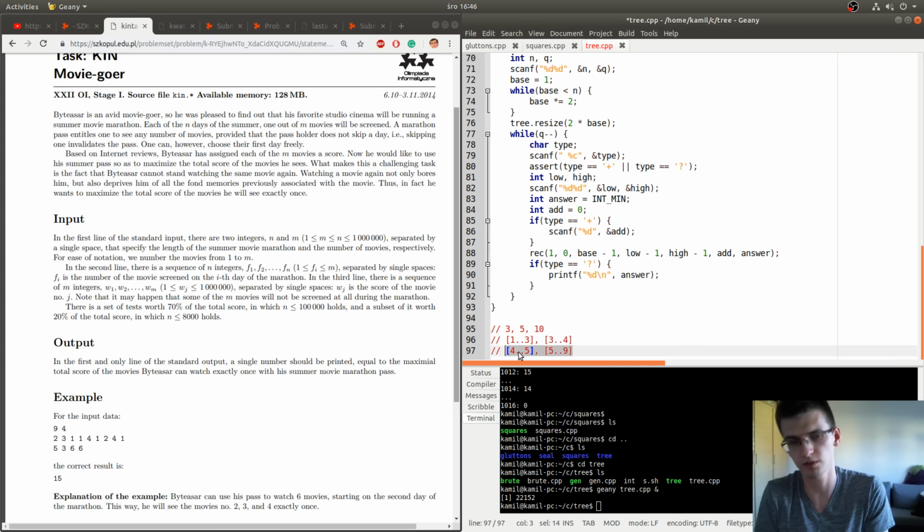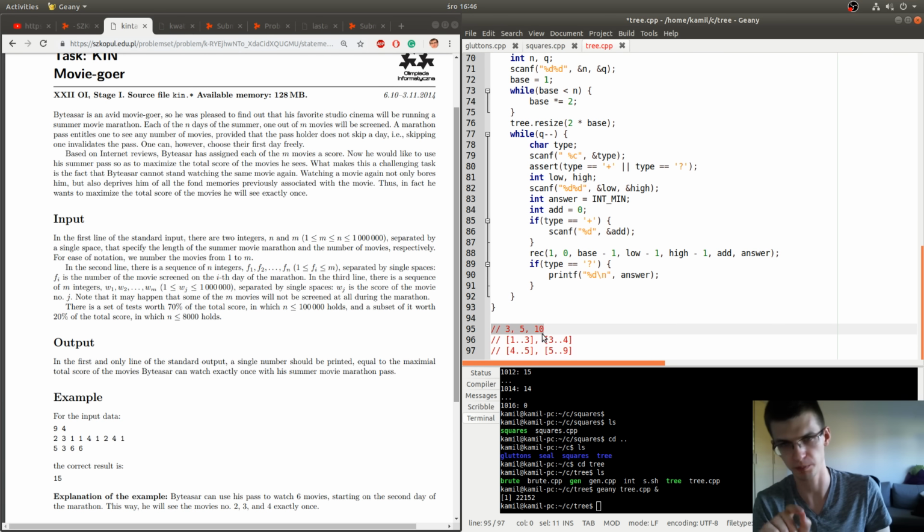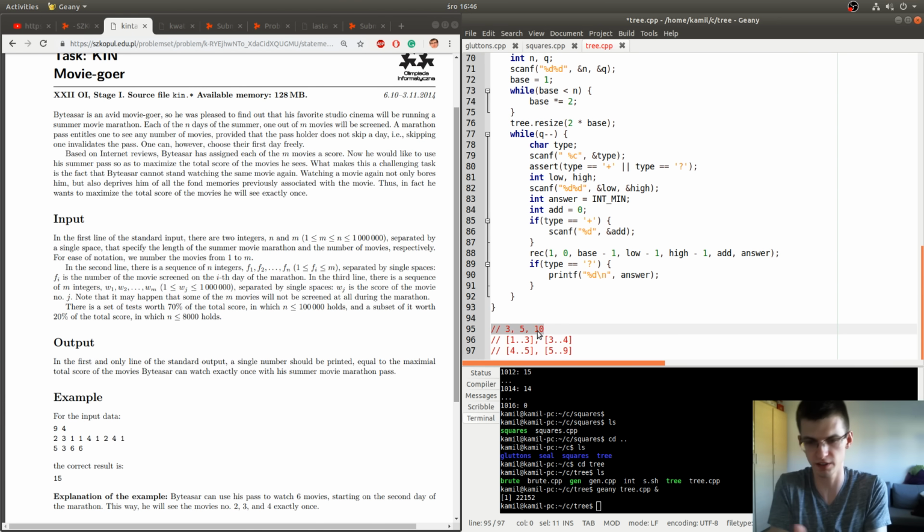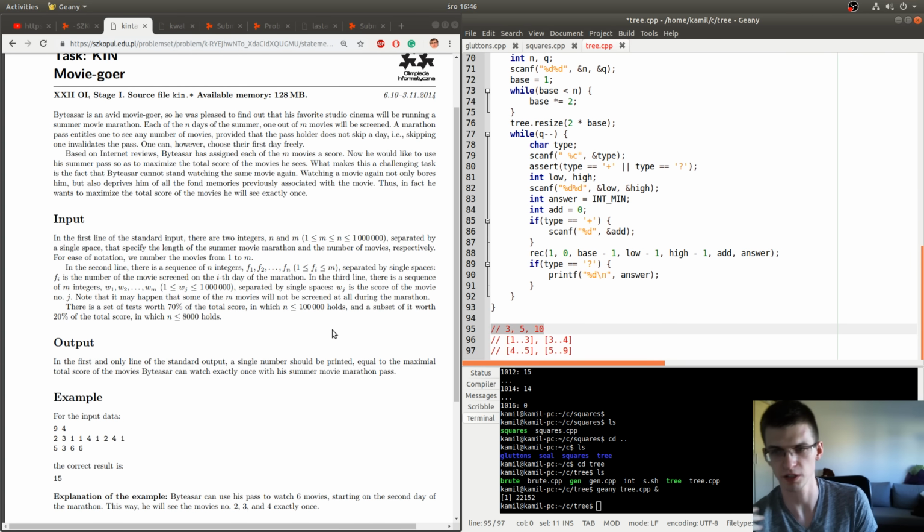So the input represents some set of rectangles, and there will be linearly many of them, by the way. Why linearly? Because for every movie you find the indices where it appears, and it creates a number of rectangles equal to the number of indices, and the total number of indices of movies is n, because it's the whole sequence. So the number of rectangles will be O of n, even exactly n, where n is the size of the sequence. And now the question becomes quite standard.